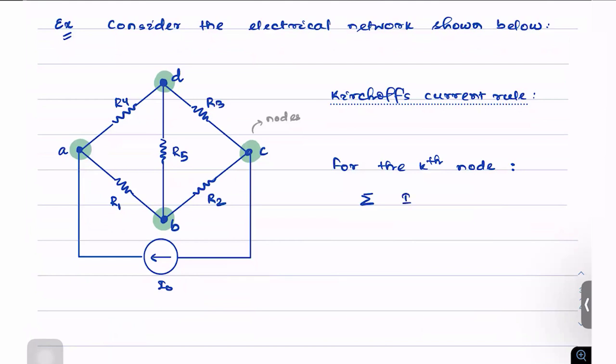let us take any node K. Let's consider the pth node in the network. Then for the pth node, let I_PQ be the current from a node P to a node Q. And we're summing up all of the currents coming into and exiting node P. So we vary Q over all of the branches that are connected to this particular node. According to Kirchhoff's rule, all this summation has to go to 0.